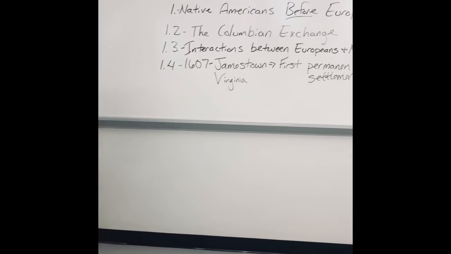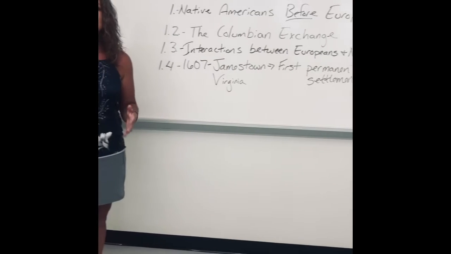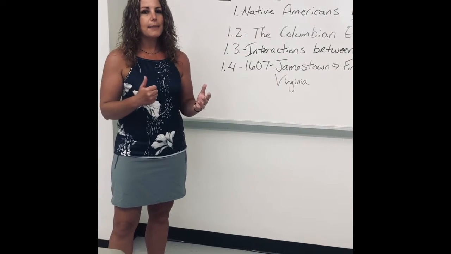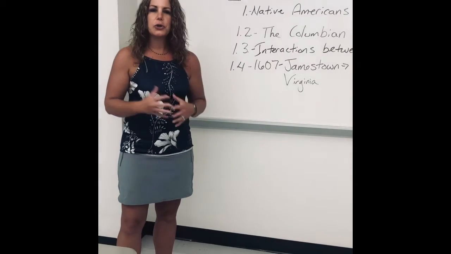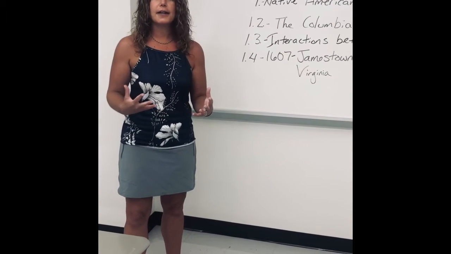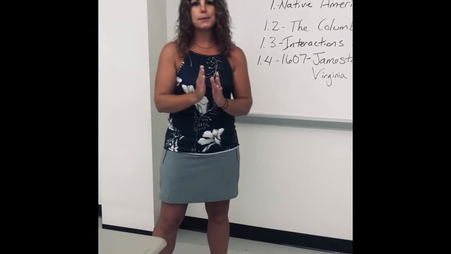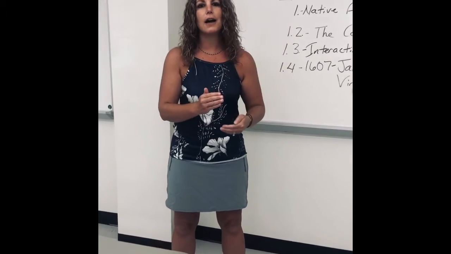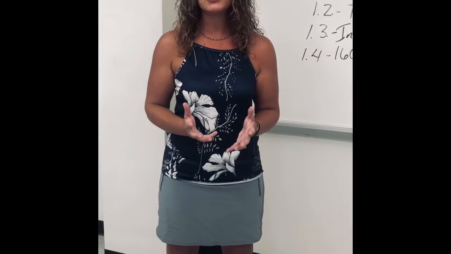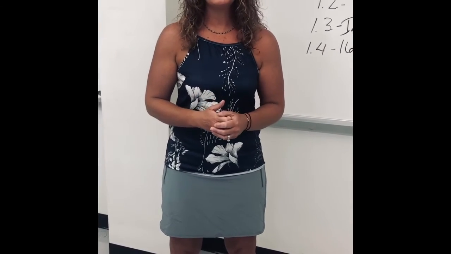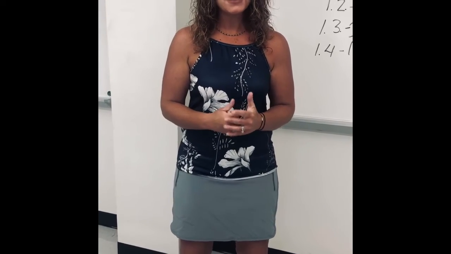The final section deals with Jamestown, which was the first permanent settlement. That was in 1607 in the US by Europeans. It's in Virginia. And you should know a little bit about the creation of the settlement and the key players. The beginning of the textbook will have all of the key concepts, and they'll also have a bunch of the different kinds of vocabulary terms you should be familiar with. So if you could review those again before I see you in class, that would be awesome.